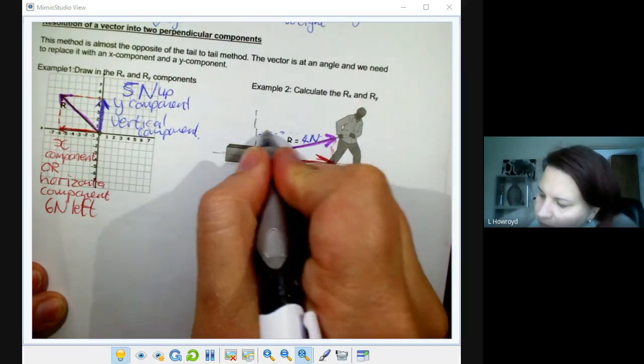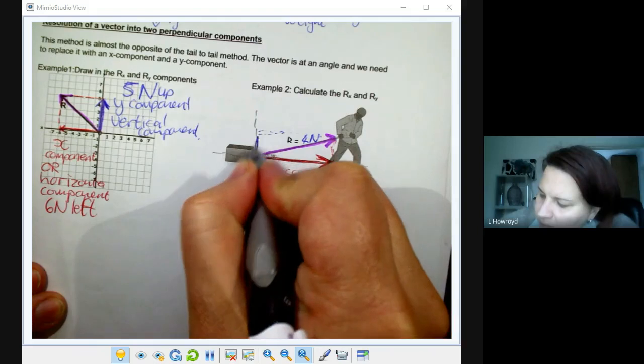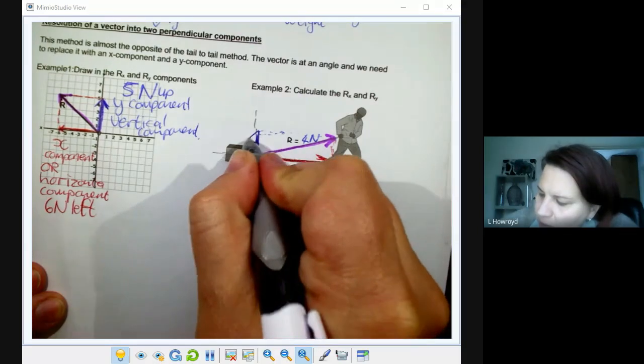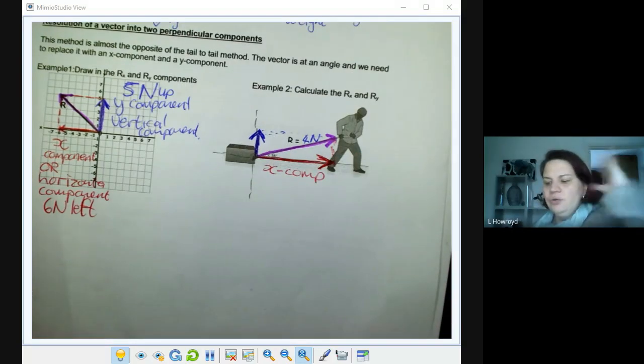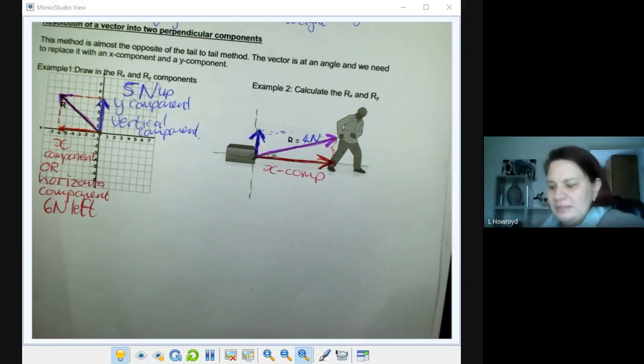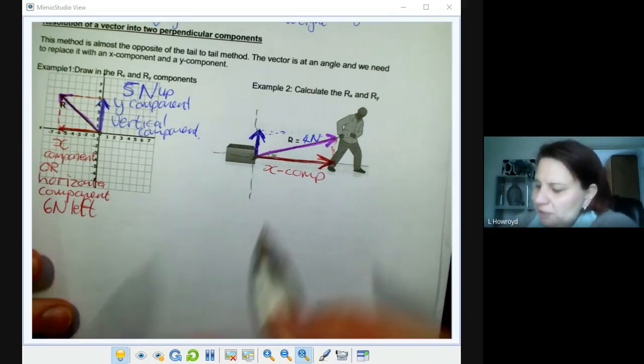Oops, put down there. And there is the blue. So we are breaking the purple up into the red and the blue because the red and the blue make the purple. So basically I'm saying I'm replacing that purple one with a red and a blue. Okay, because next year you are going to need them. So let's take